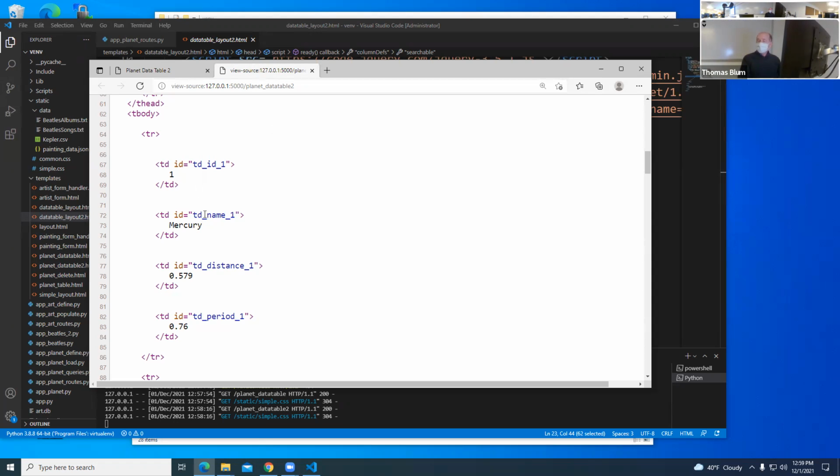It's TD to say that it's a table data item. This was name, and this was the name of the planet with an ID of 1 in the database. So this is setting me up. I'm not doing any additional JavaScript or anything here, but I have access to this information of what the field is and what the ID is.